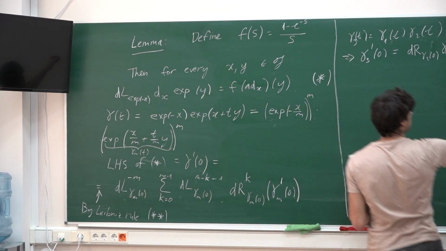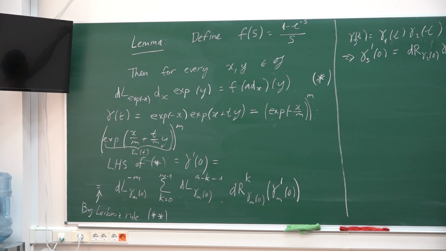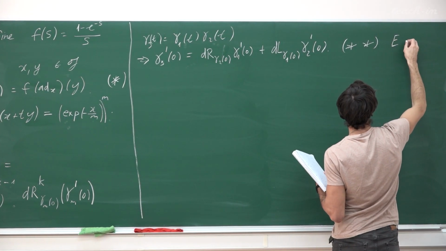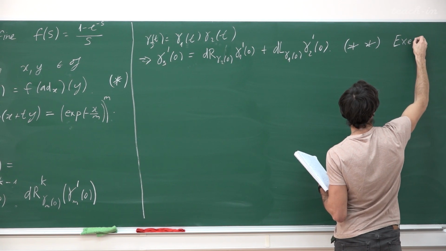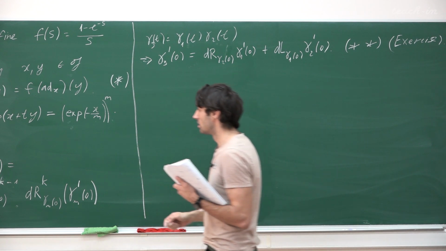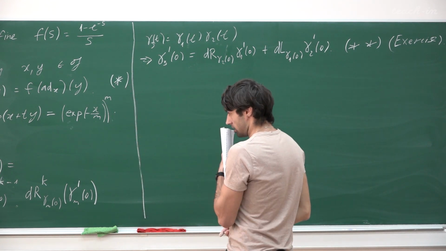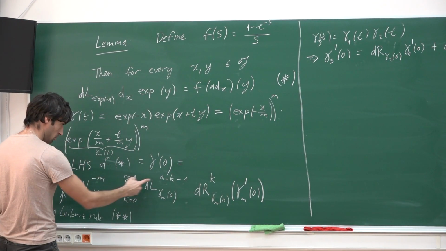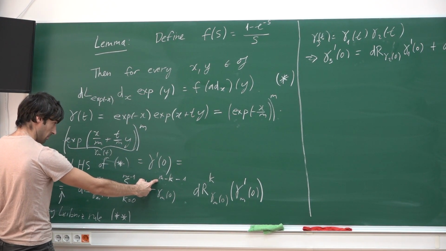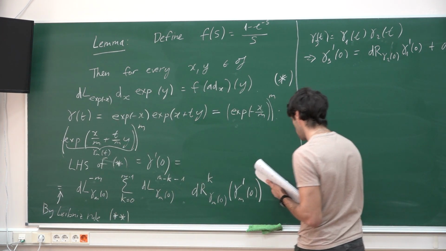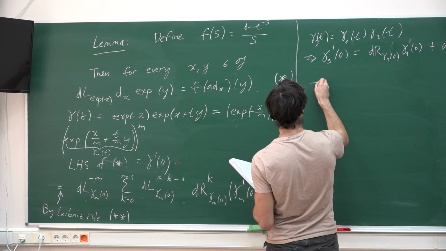And this is double star. And I offer it to you as an exercise. Right, so I have negative m here, which cancels with this m, right? So basically I can continue, so this equals to,